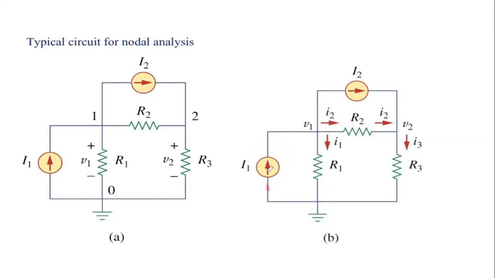So this I1 current is flowing in this branch. So no need to take any current. Whatever is the value of the current source, that will be the value of the current in this complete branch. After that, we have I2. So here also in this branch, I2 will be flowing. No need to take any current. In other branches, you can take any current.